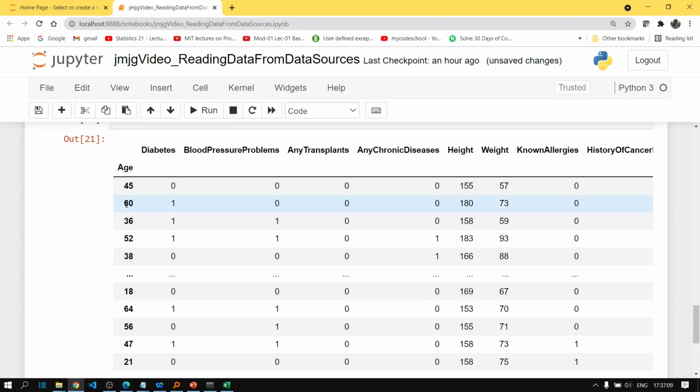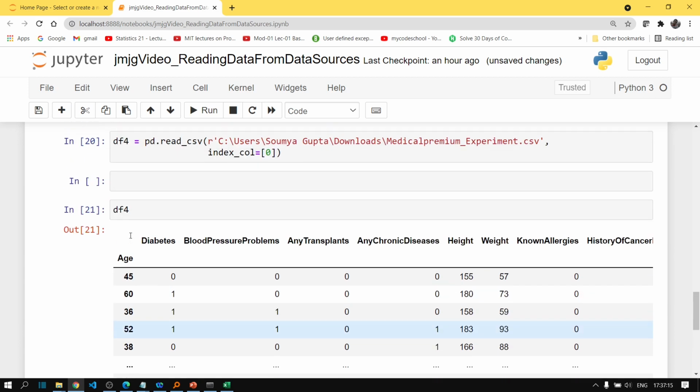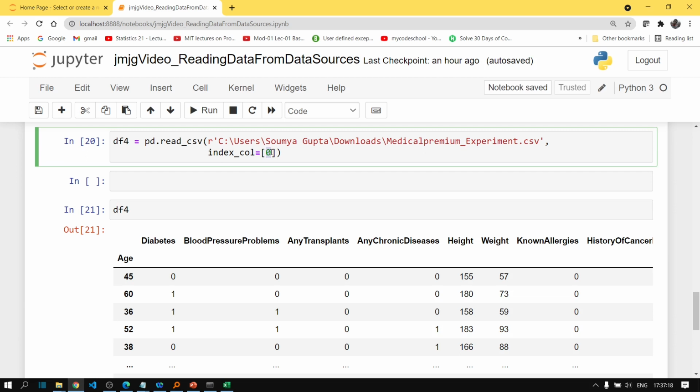That is, the age column has been used as the index of the data frame. Fine. Instead of using just one column as the index, you can use multiple columns. In that case, it will be a multi-index data frame, but we are not going into that now. In our next videos, when we learn data frames in more detail, we will see some multi-index data frames. So let's not worry about that right now.